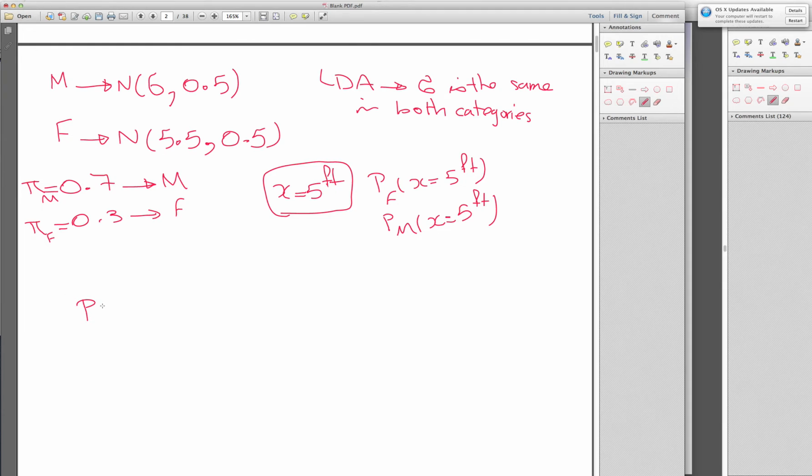So let's focus on female. Male will be basically 1 minus the probability you find here. So this is equal to the probability of being female times the marginal distribution, the density function of the normal distribution at x equal to 5 feet, mu equal to 5.5 feet, and sigma equal to 0.5, divided by